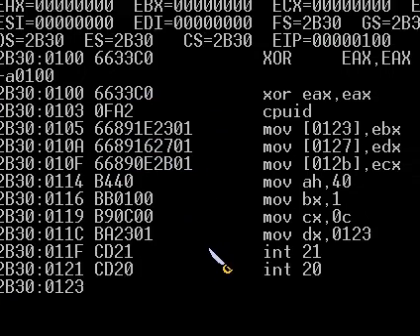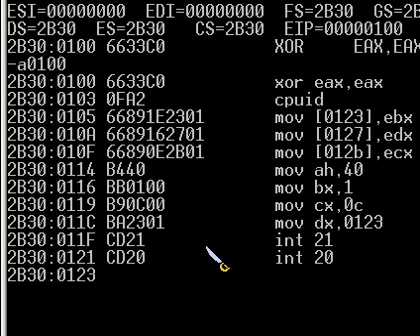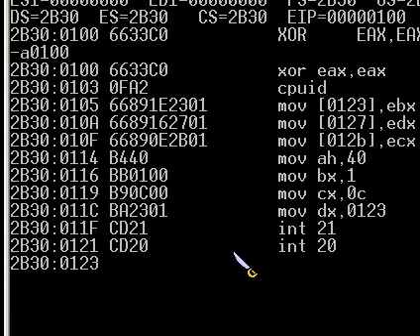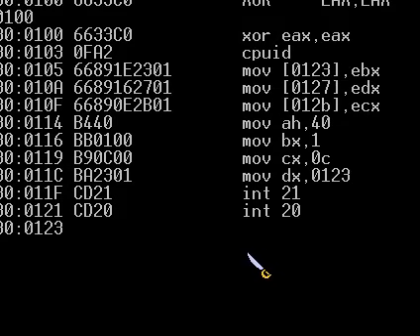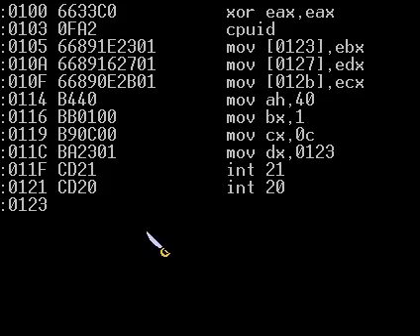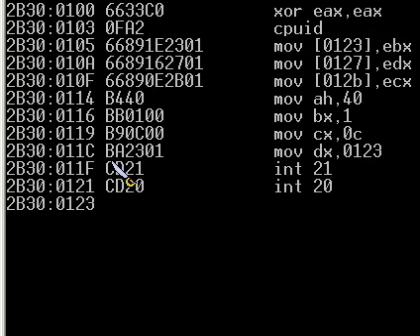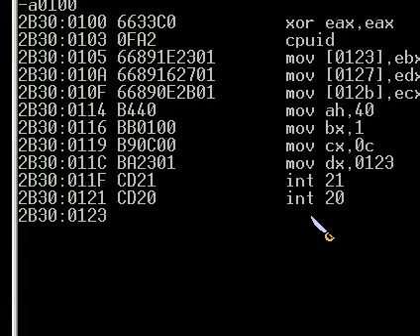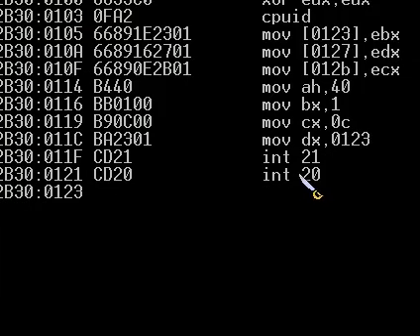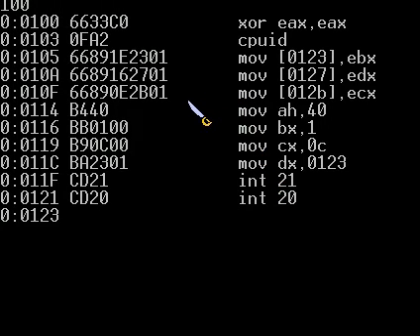But right here I'm going to use the CPU ID instruction, and I'm using debug 32 with it to start with. The only reason I'm using that right now is to get the opcodes that are listed over here, to print out the instructions. And just to go over that real quickly, starting at